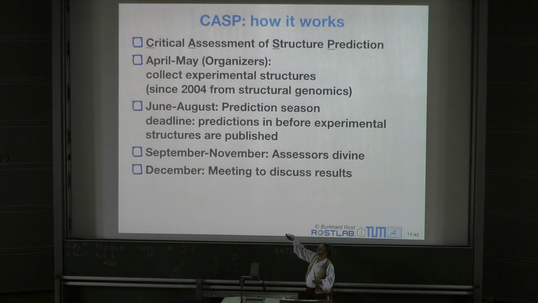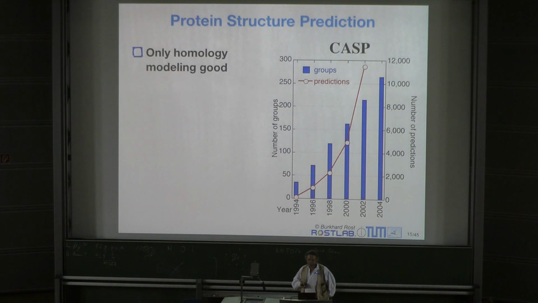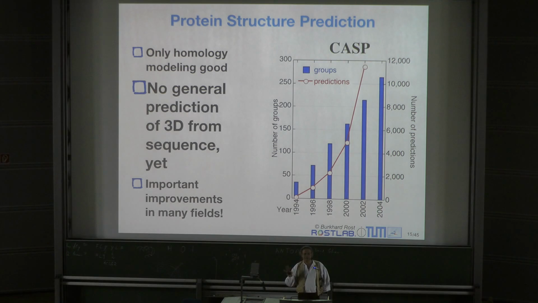Then methods predict over some time. Then all these predictions are assessed, and then there is a meeting of coming together. Over time, CASP is still running. It was running every 2 years. This is the number of groups as it exploded over the years. And one important finding of CASP was that the only thing that really works is this comparative modeling that I talked about. That in fact there is no prediction of 3D structure from sequence yet,